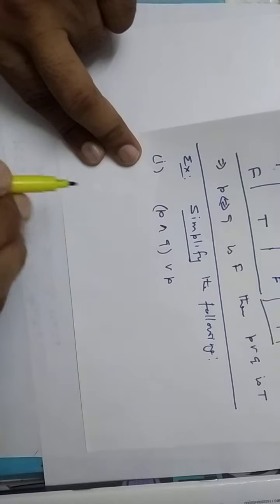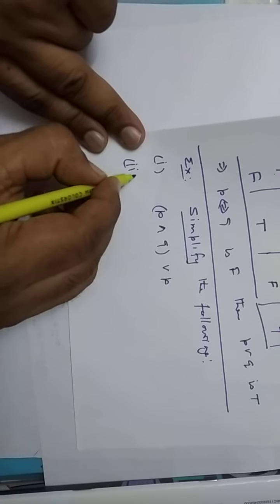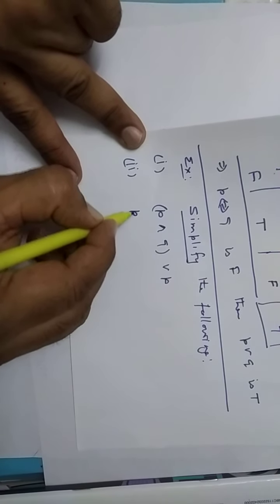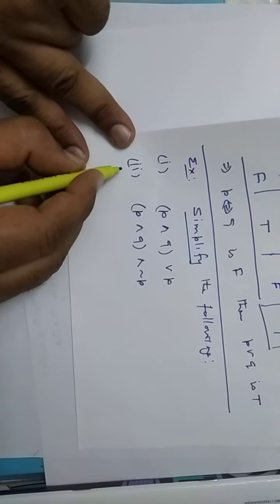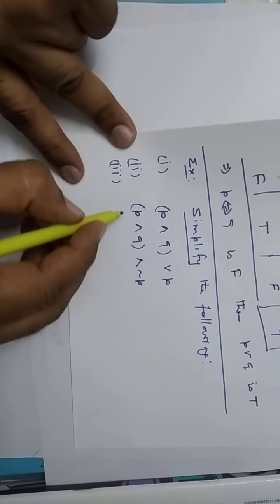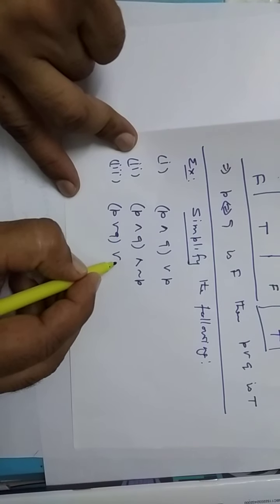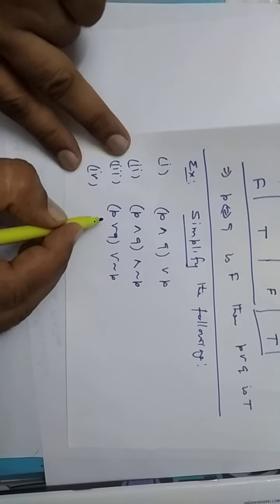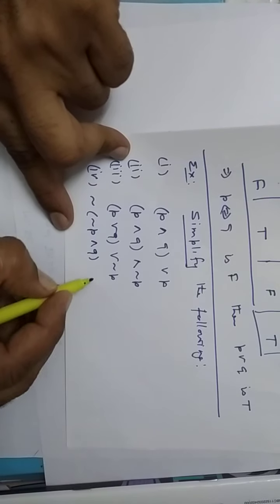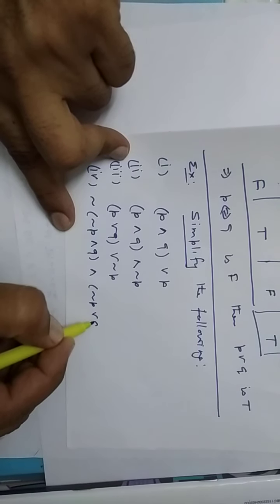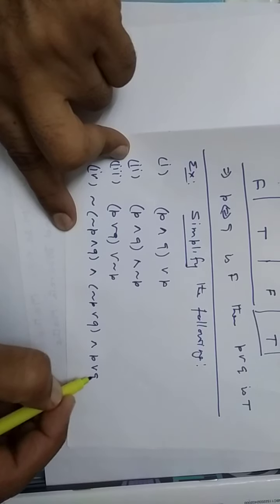हमें इस स्टेटमेंट को सिंप्लीफाई करना है। P and Q and join P. Second, P and Q and negation of P. And third one is P join Q join negation of P. And fourth one is negation of P and Q and negation of P join Q and P और Q।